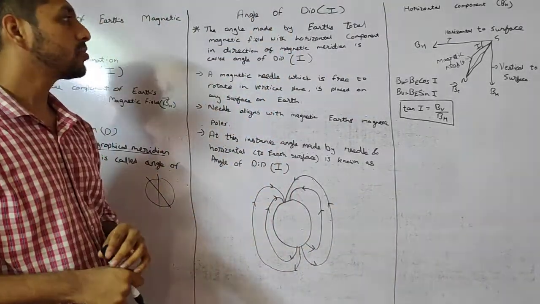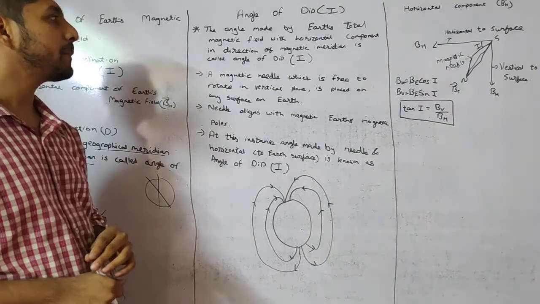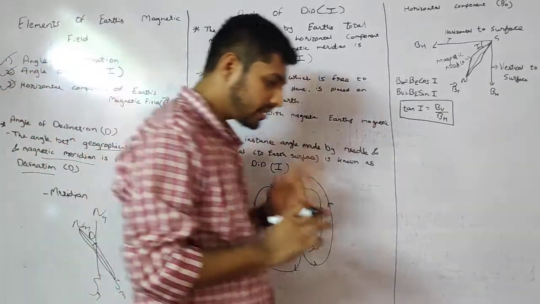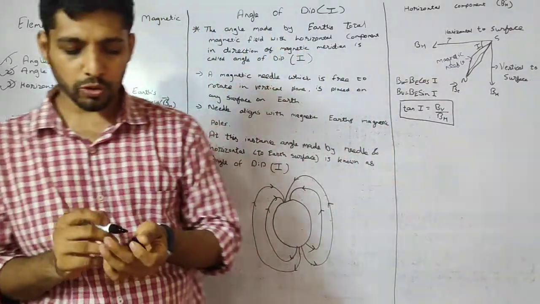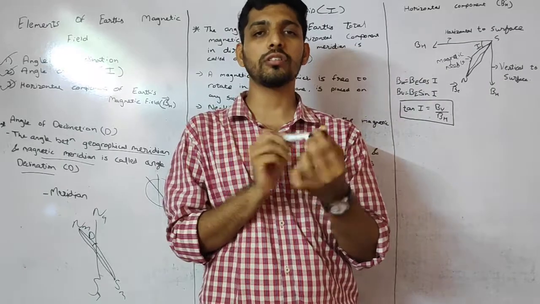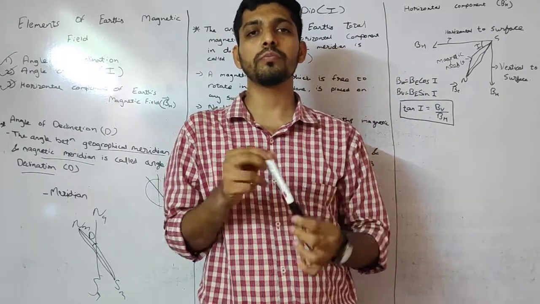The angle made by Earth's total magnetic field with the horizontal component in the direction of the magnetic meridian is called angle of dip. Let us understand this; we'll look at the definition later. Suppose you are using a magnetic needle that is moving in this manner, in a horizontal manner. But if you allow it to move freely in vertical also,